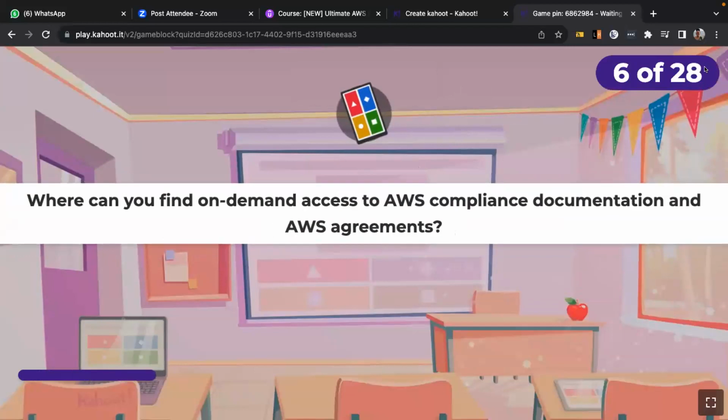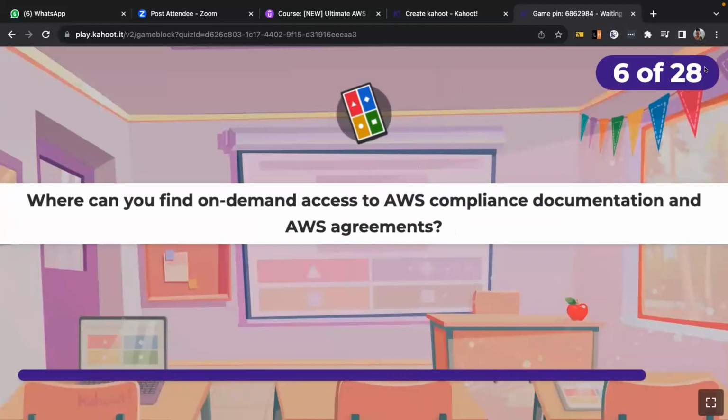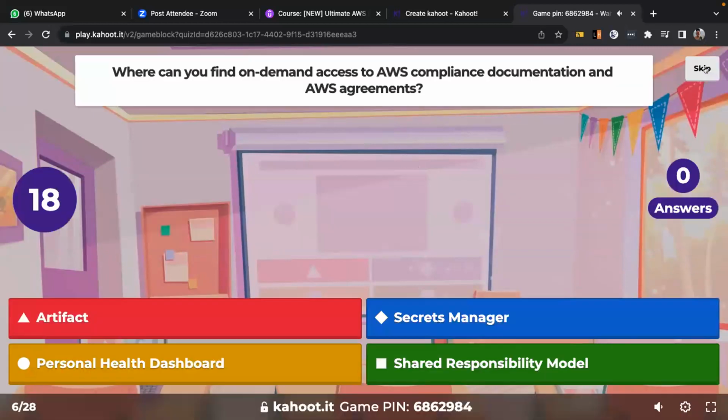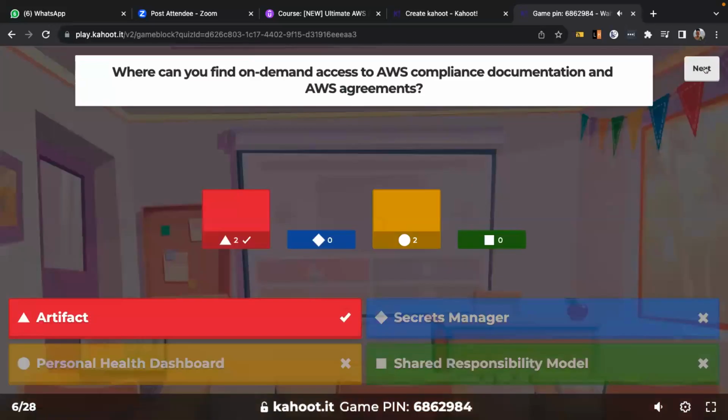So the next one: where can you find on-demand access to AWS compliance documentation and AWS agreements? Okay, Artifact, yes.